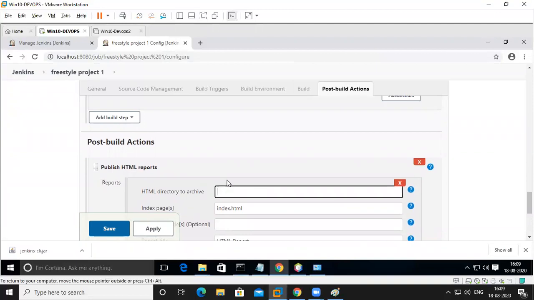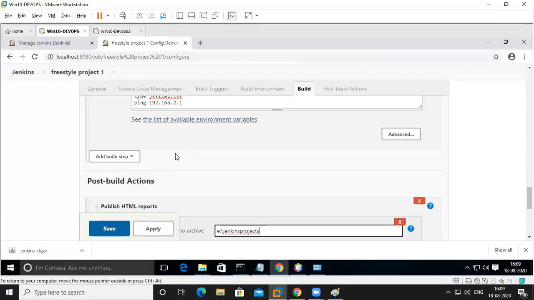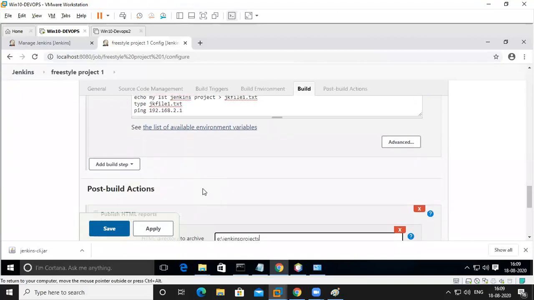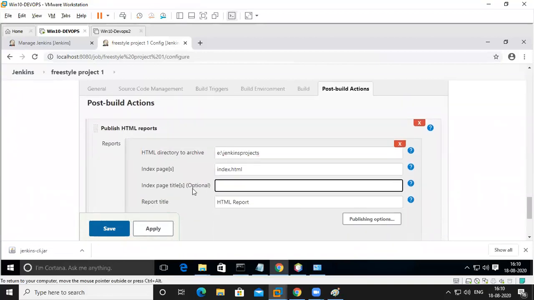So, e:/Jenkins project, correct only, right? So index.html, title, title is optional. Okay, I put the title as project report.